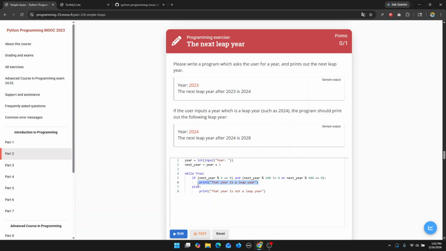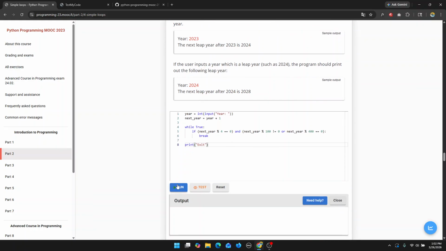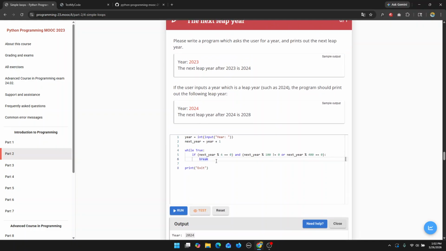So here we just want, if we have a leap year, we just want to break. Not going to do anything else. That's all we want to do. Then here we're just going to print exited. Let's run this. So if we plug in 2023, exit. Plug in 2024, exit. It's going to keep running forever because it's a leap year. Okay, so